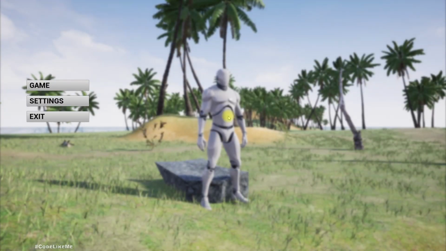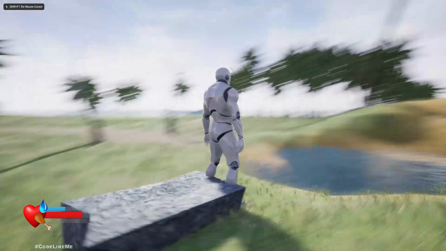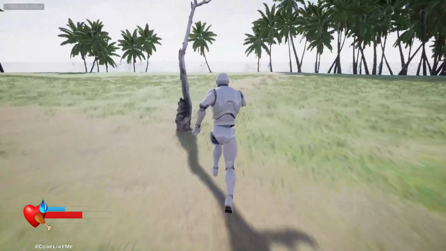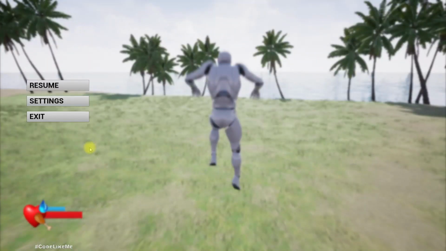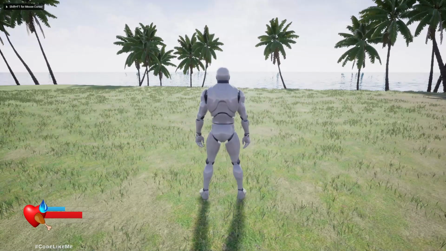Hello everyone, today we are going to work on the pause menu. After the game is started, if I press escape or P button, we will get the pause menu, and here we have resume, settings and exit. So if I press resume, the game will